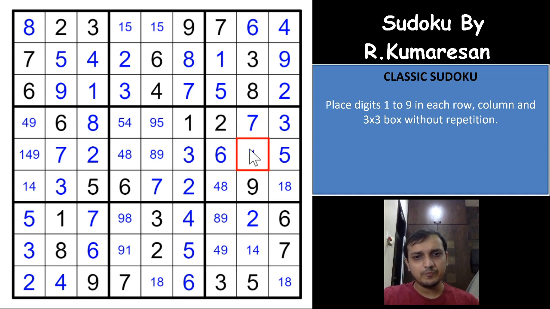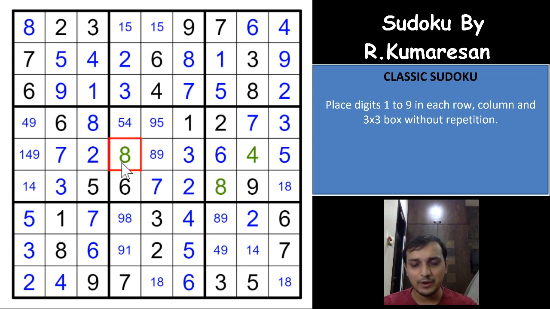If you see here, if I write a 4 here, this cell becomes an 8 and this cell becomes an 8, right? So I'll mark it with another color. If I have a 4 here, that becomes an 8 here and an 8 here. And if you see the 7th row, both of these cells cannot be 8 and both of these cells will have to be 9 because of the 8 here, right?